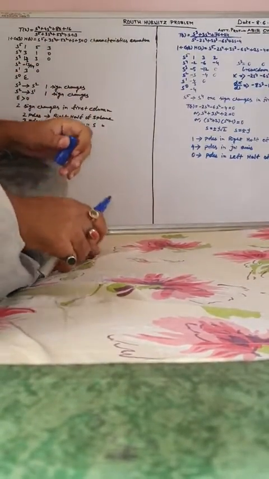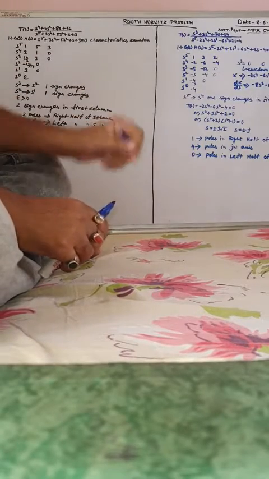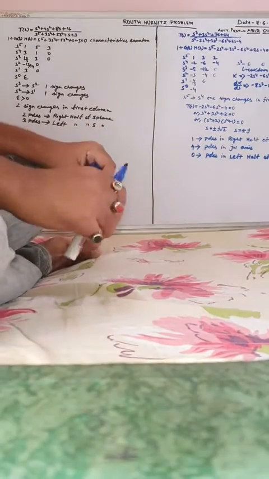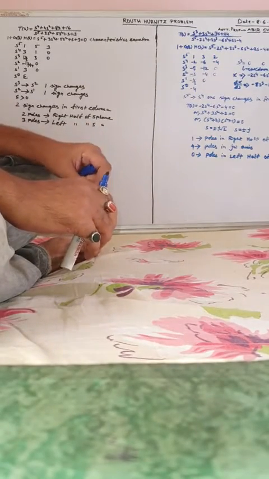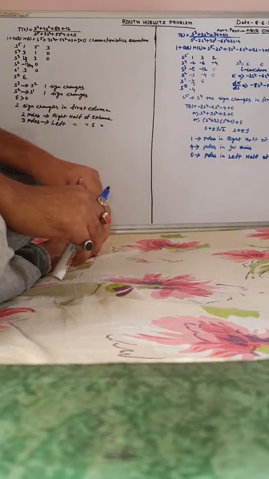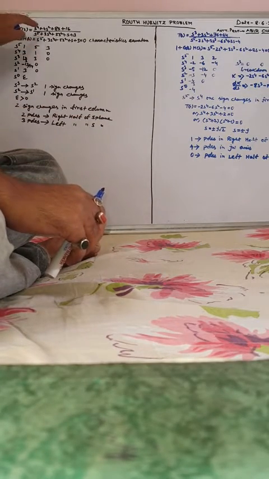Today we will learn two Routh criteria related problems, but the two problems are different. Now we will learn how many poles are in the right half of the s-plane, how many poles are in the left half of the s-plane, and how many poles are on the j omega axis. So this is your transfer function.